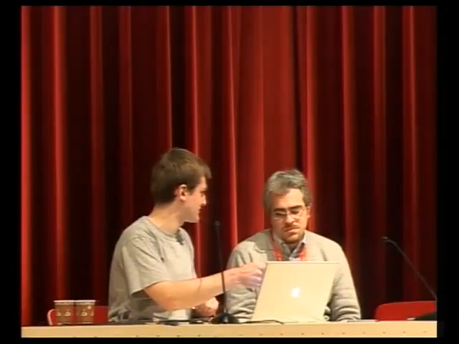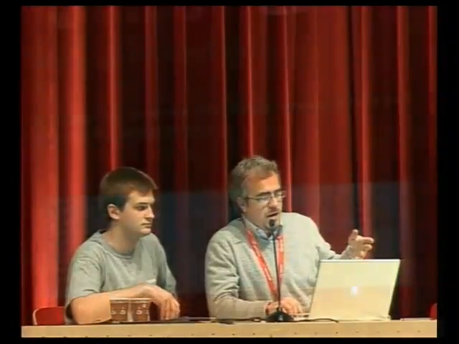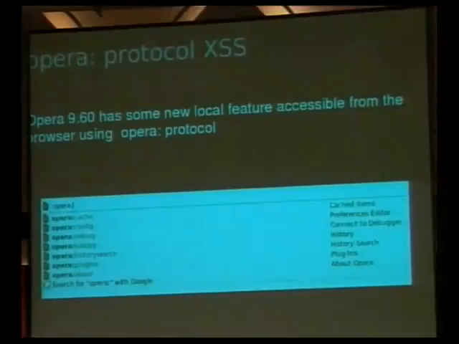Yeah. Oh, wait. I say we take a look at this. Okay. That's also just two words about the Opera exploitation, which was researched a couple of months ago. It's about Opera 9.60, and the problem was that it was taught as